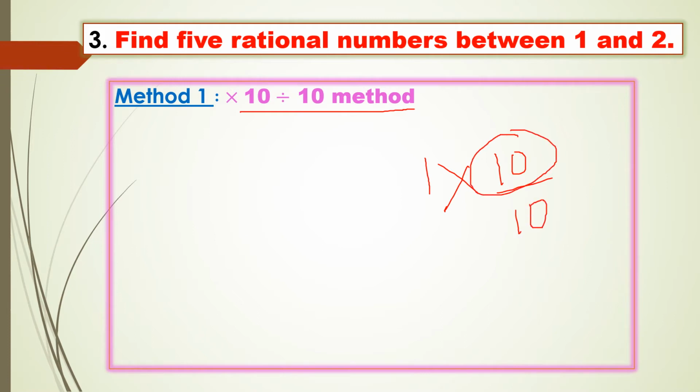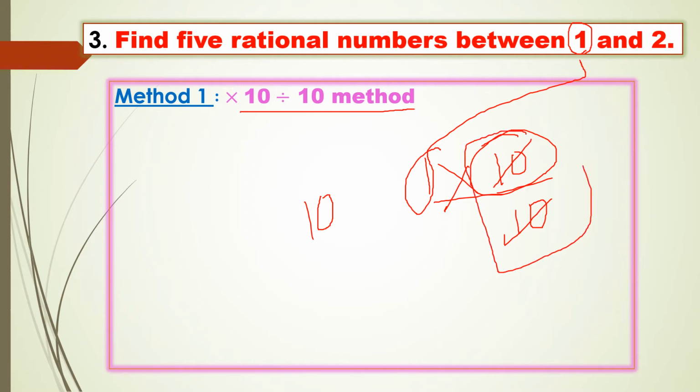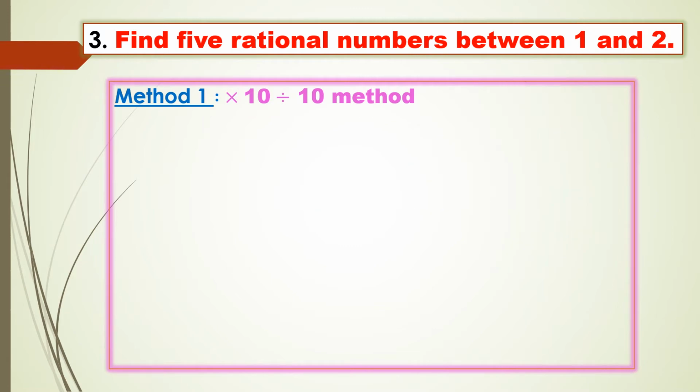Because if I multiply only 10 without division, I'll get 10 as my answer. But here 10 is not my question. It is 1. So if you divide and multiply with 10, if they both cancel, again you have 1 only. So when you do this multiplication and division method, it should be of the same number. Then only when you cancel this, you'll get the same question number. Right? So here I'll make the denominator same by multiplying and dividing by 10.